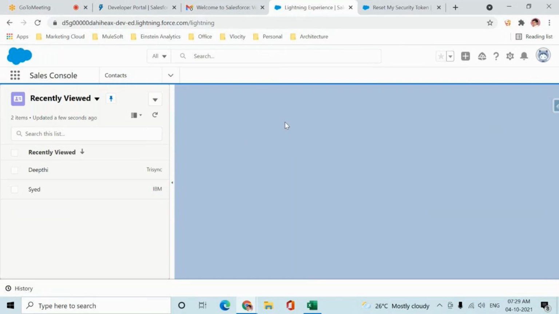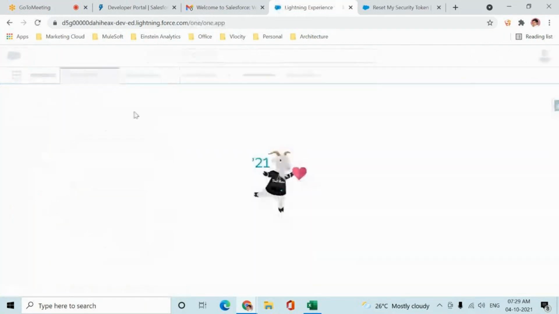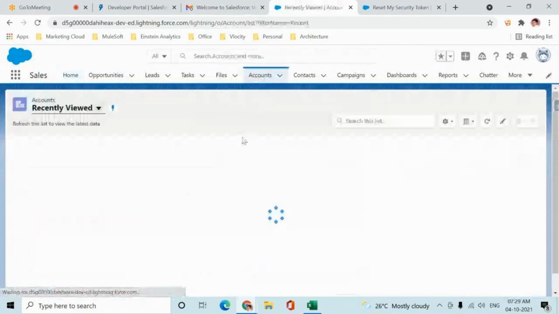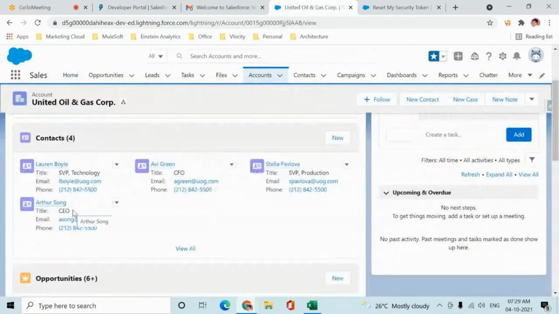But my intention is not to go with sales or service, because if I go to these standard applications in in-depth review, to be honest you won't understand anything. For example, if I open any account, I can see the list of contacts under this account, which means there is some relation between contacts and accounts, right? So first of all, you should know what that relationship is. How do I create that relationship? What are the different relations that we have? In which condition, which relation you have to pick up, correct? That is one reason I'm just showing you the existing definitions.